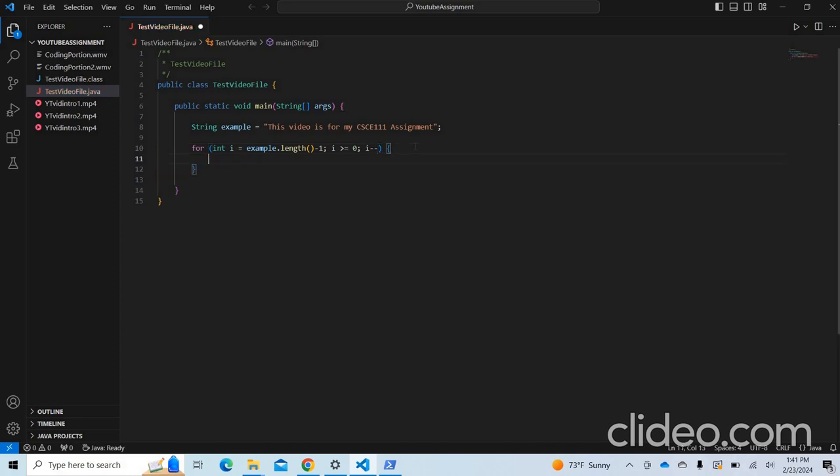So for our for loop, it's probably best that we make a new string to show our reversed example. So we'll just have this equal to nothing right now. And then we're going to append each character that we're going through in the for loop to our new reversed example. So we'll say reversed example plus equals,